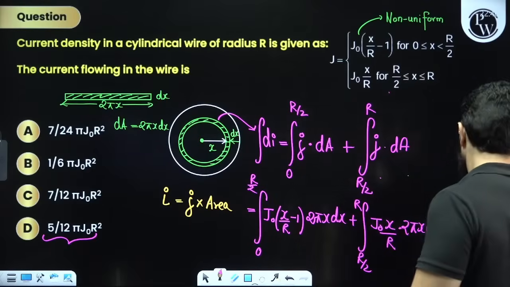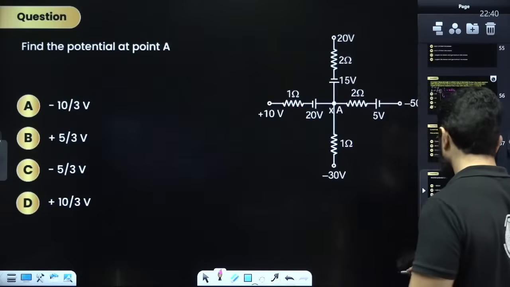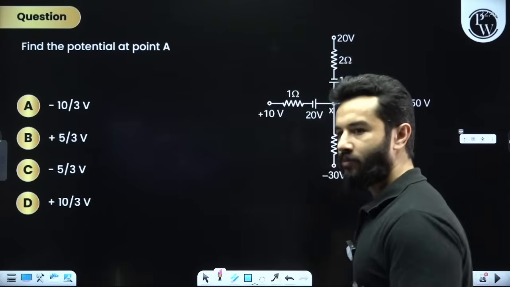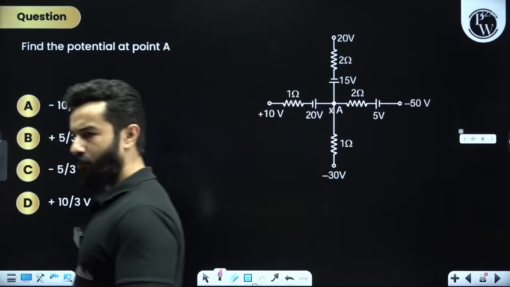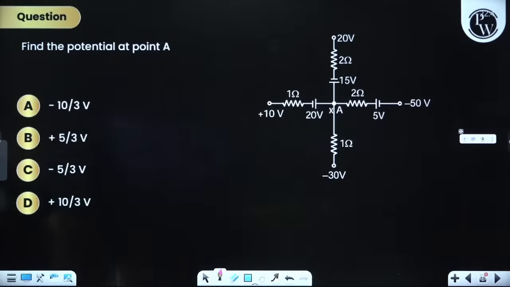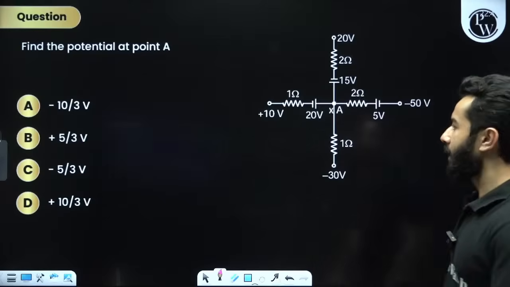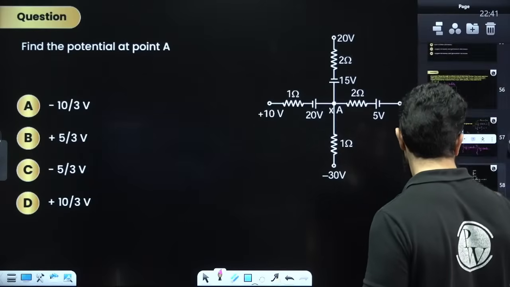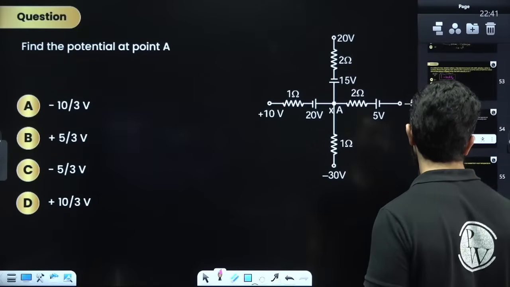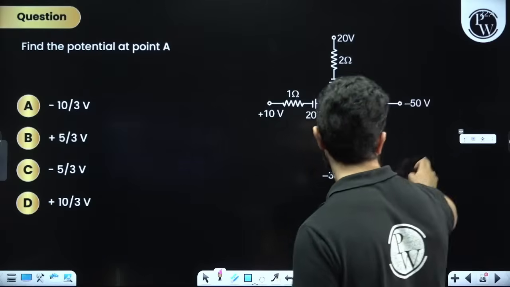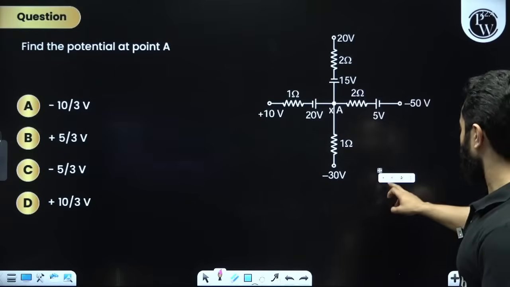Right? Chalo. Now let's solve this question. Find the potential of point 0. Ankita, bas, that's all. This is going to be one of the last question. Then we are going to end our lecture. Right? One of the last question. I'll see if any questions are remaining, else we'll end. Let's first check this problem. Okay. Find out the potential of point